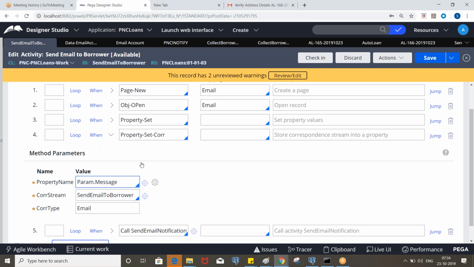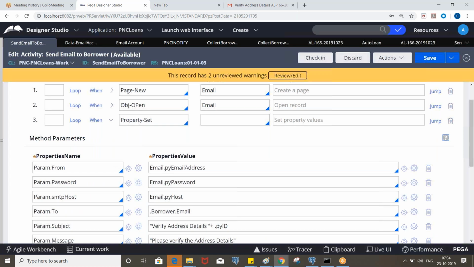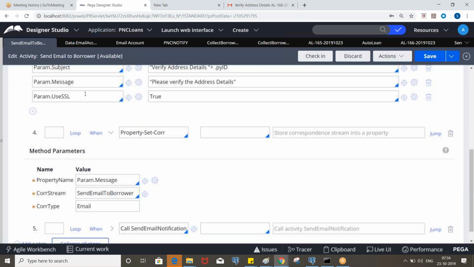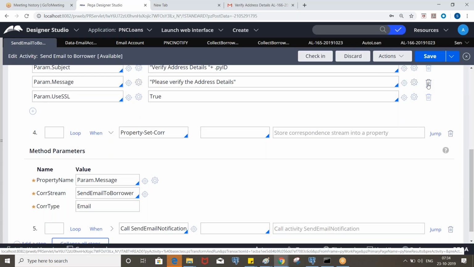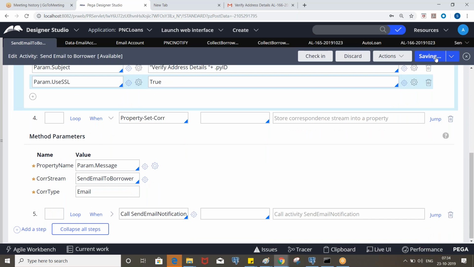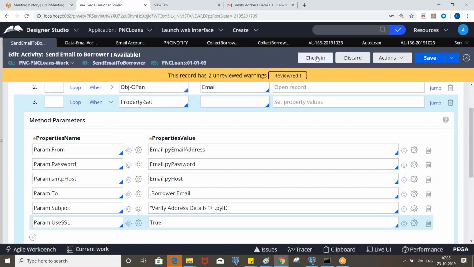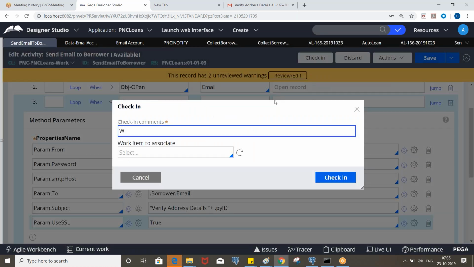Okay, and you can remove this one, it's not required, right? Anyhow we are putting this after, so this will be overridden with this correspondence, so it is not required here. Okay, clear? So now let's test this.